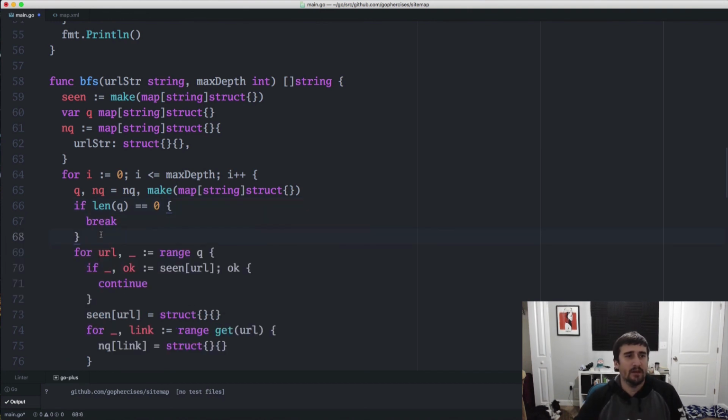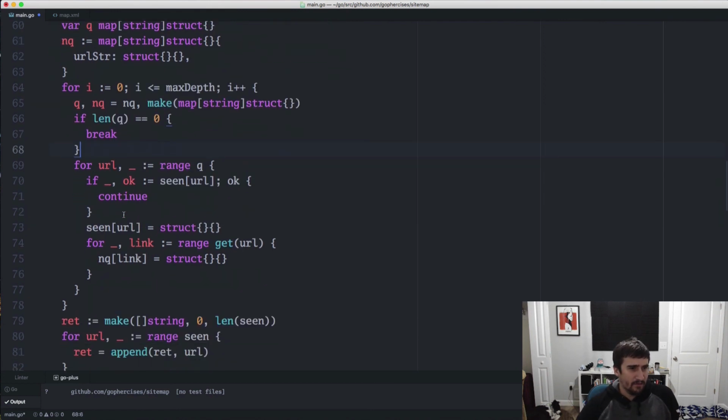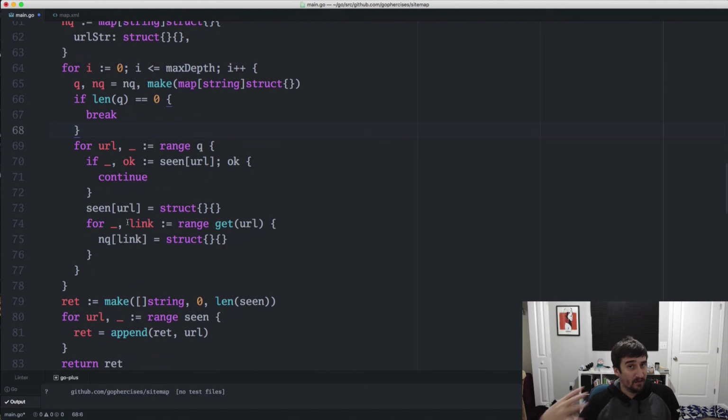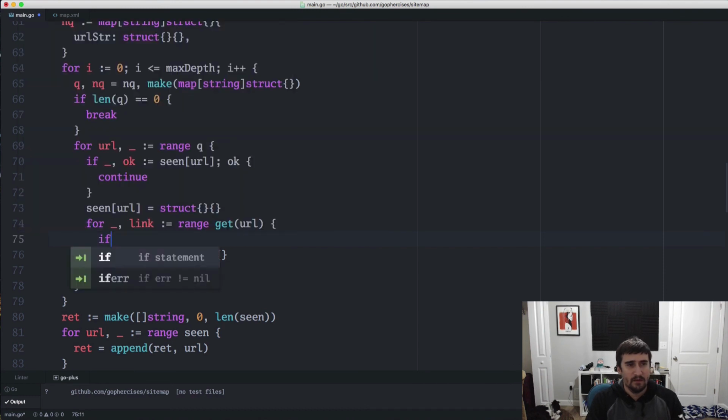So what we're doing here is we're saying that if our q, the links that we need to look at, is ever an empty string, we want to go ahead and exit here. I believe for that to work correctly, to make sure your code actually does terminate before it hits this max depth, you're going to want to make sure that down here, when you're doing next queue, you're going to want to say if,